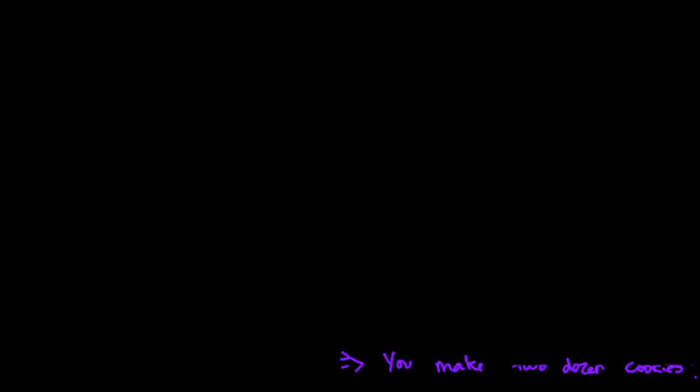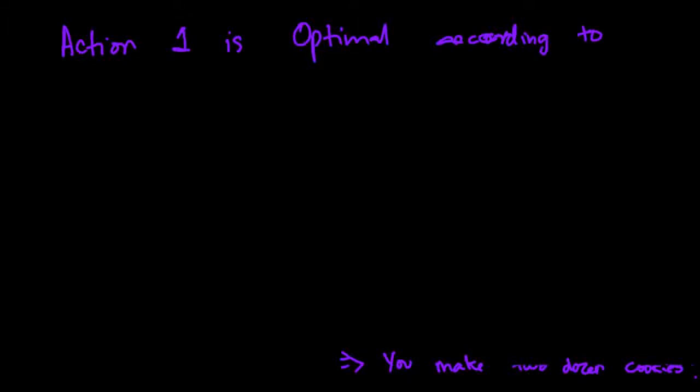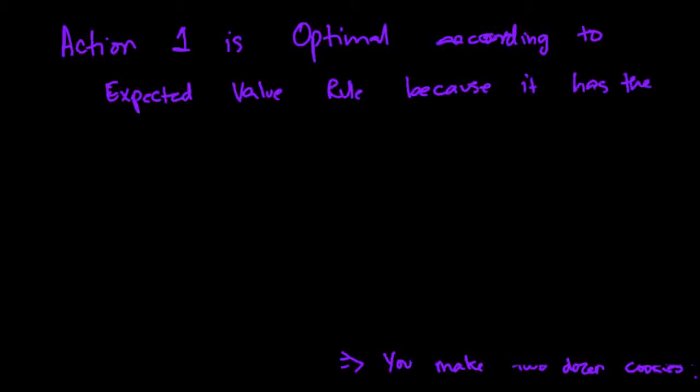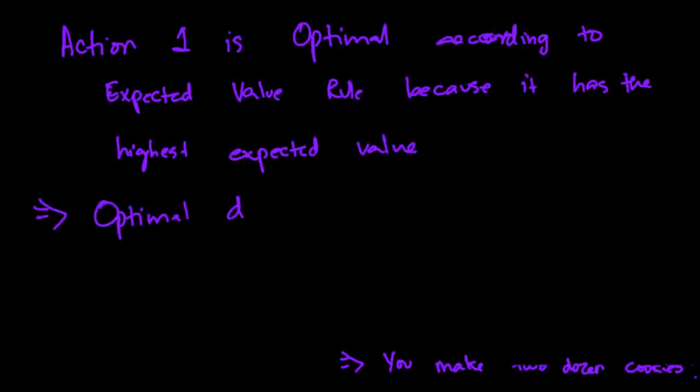So action 1 is optimal according to the expected value rule because it has the highest expected value. Therefore, the optimal decision is you make